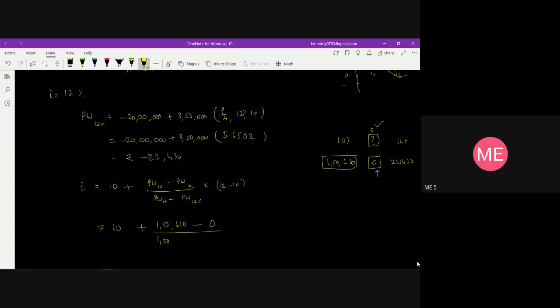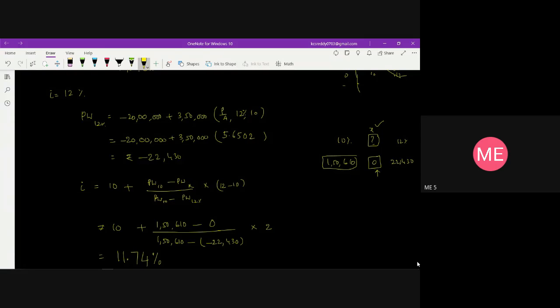Then 1,50,610 minus the present worth at 12%, which is minus 22,430, into the difference, which is 2. So by simplifying this equation,